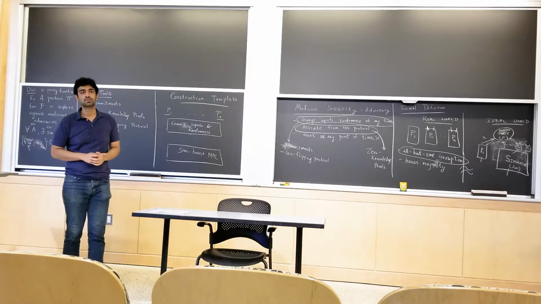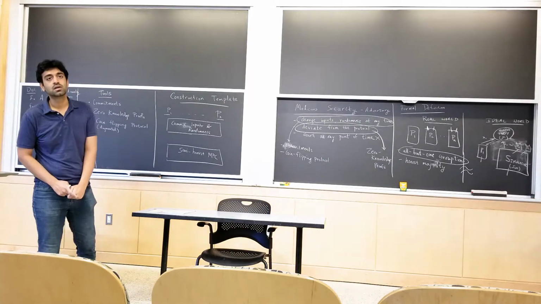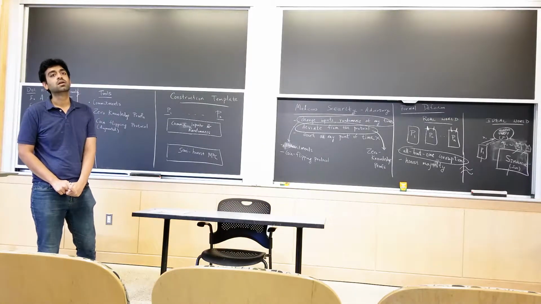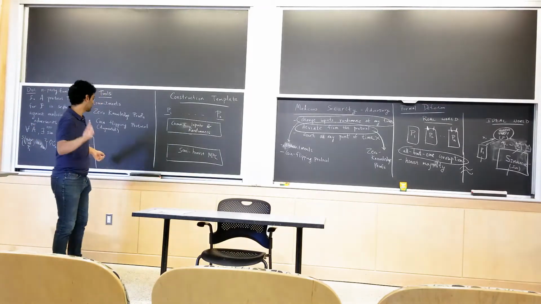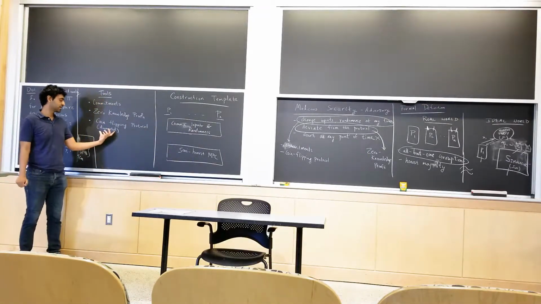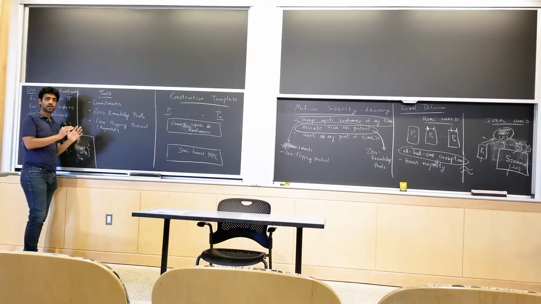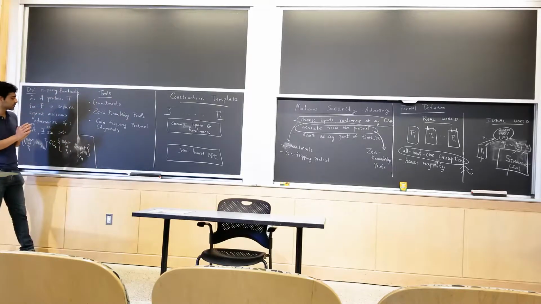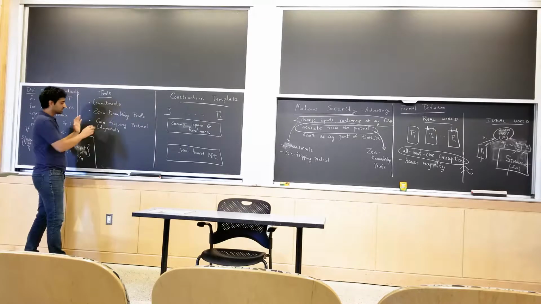This doesn't quite work. Why? Yeah, the adversary gets the randomness that honest parties are using. If we use the coin flipping protocol, the adversary also gets the random bits other parties are using. That's a very good point. That's why I'm going to use an augmented coin flipping protocol. Let me take a step back. I thought you guys were familiar with the augmented coin flipping protocol, but let's just revisit this notion.